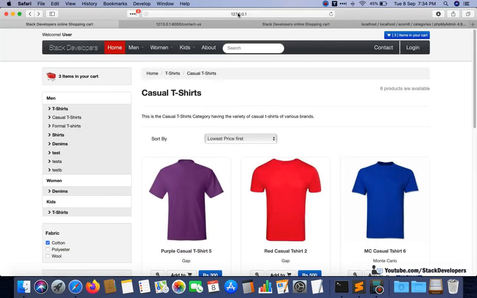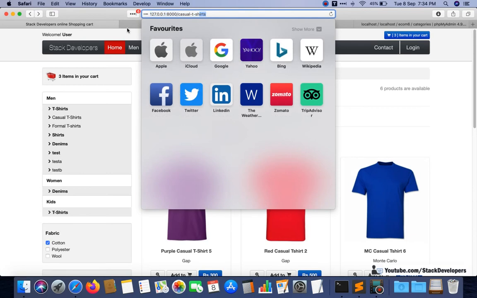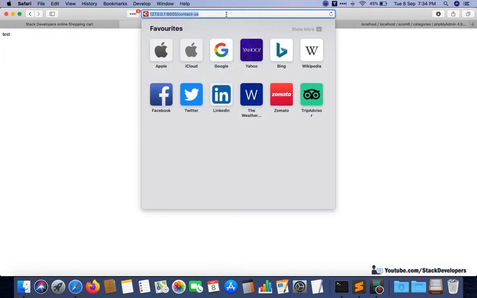It is picking from the listing function, and contact us will get picked from its own route, not from the listing route. Earlier, contact us was getting picked by the listing route, but now it is independent. Contact us, about us, or any other URL, all URLs are independent of the listing page URLs. So both are now separate.